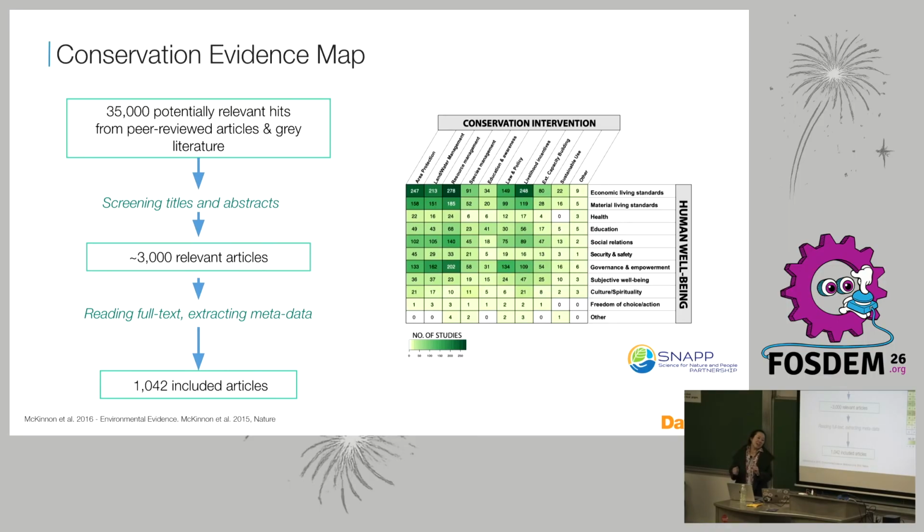So there's that. And we ended up looking at 35,000 published citations. Taking all that, winnowing it down to about 3,000 relevant articles, and getting to about 1,000 included in that map. And there were a lot of really exciting insights there, which helped us understand where we had known knowns and known unknowns and gaps we needed to address. But it took us 3 years. So by the time we did that, our knowledge was 3 years out of date. And to do it again, it would take us another 3 years.